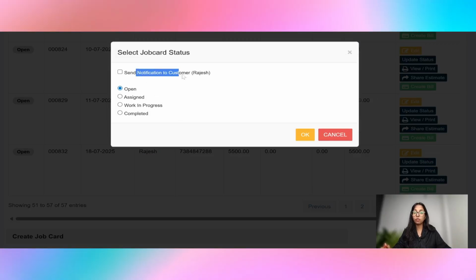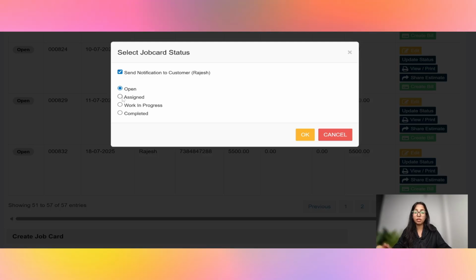Now here you can notify your client at each stage. Like nowadays, as we all have seen, many companies like Amazon, whenever we order any product from them, they notify us at each stage whether our product is shipped, out for delivery, or delivered. The same way, you can also make your clients aware of what's happening with their car right now, right? So that it will establish transparency between you and your client, as well as enhance your professionalism.